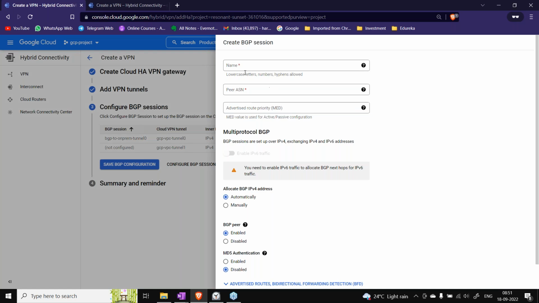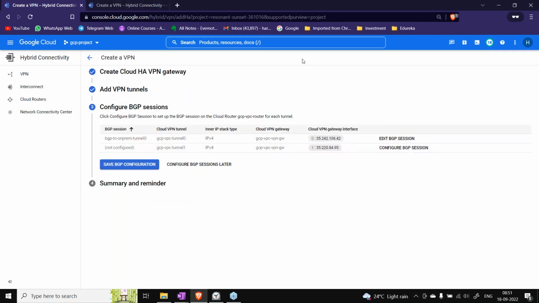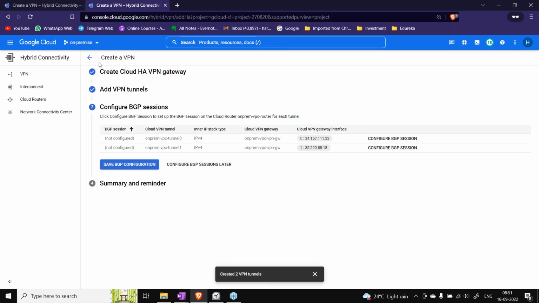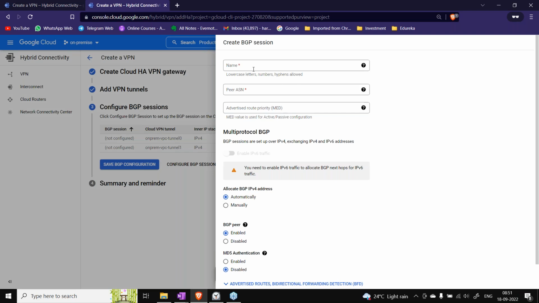We'll configure another one, or first we'll configure the counterpart of this particular one. So we'll go to the on premise and configure this BGP session. Guys, I understand this will be a little confusing, but just pay attention. Now from here, I'm creating the session to GCP. This is my on premise. So BGP to GCP, tunnel 0. Here the peer will be GCP, so this will be 001.